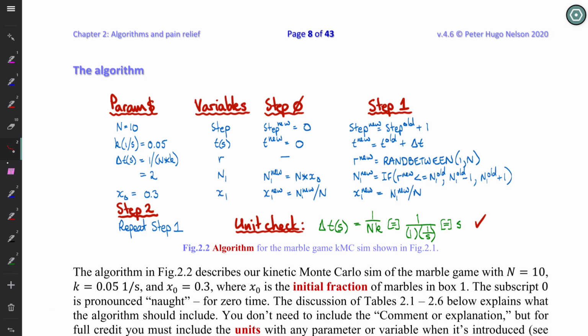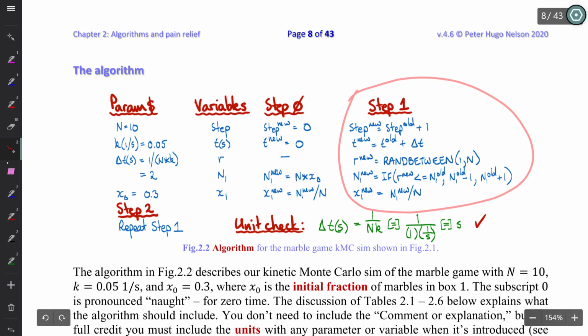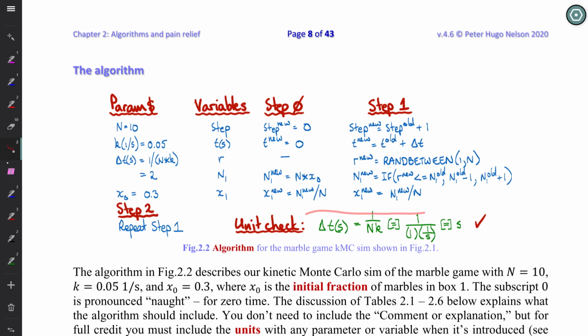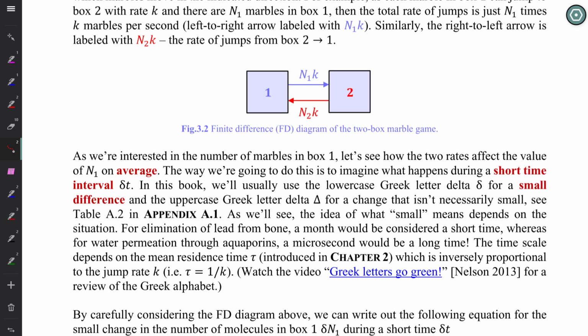Chapter 2 introduces students to algorithms, which have a number of features: parameters, variables, an initialization step, and then the main algorithm. I also am really keen on getting students to do unit checks, because in biophysics and physiological modeling, the units don't always match standard SI units. Chapter 3